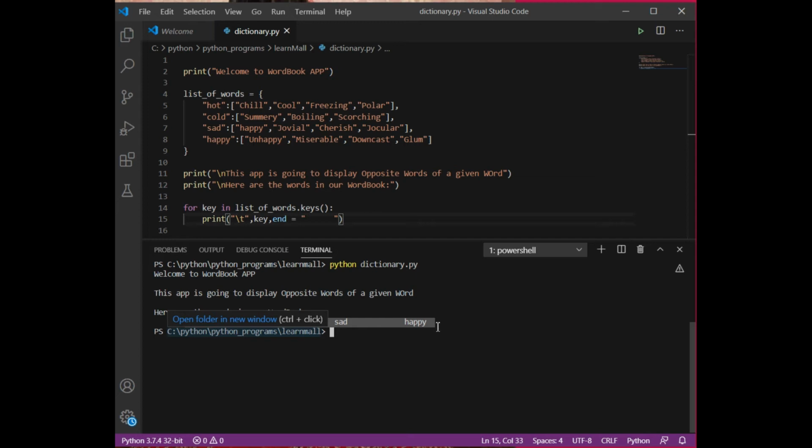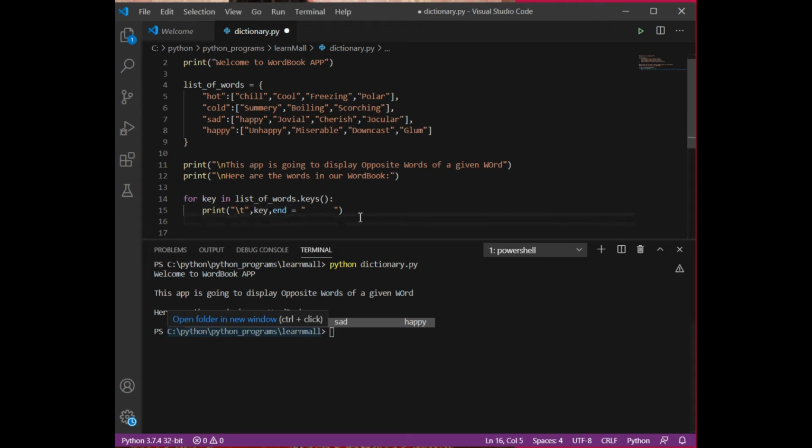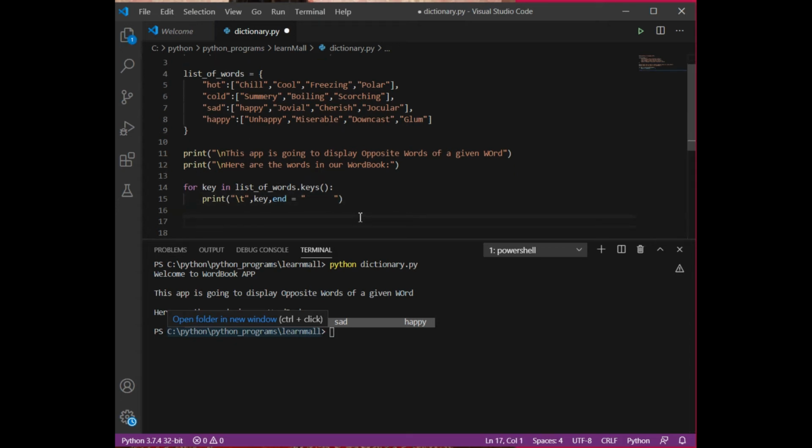Okay, so the next thing is that first of all, I'm going to ask from the user which word antonym the user wants to find out. So here the user is going to make a choice. Choice is equals to input. Now inside that, what we are going to ask from the user: which word antonym you would like to find. Okay, so here the user is going to enter a word. Since my word is going to be of string type, I need not cast anything.